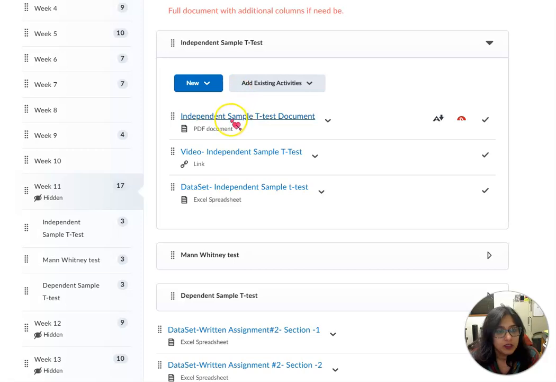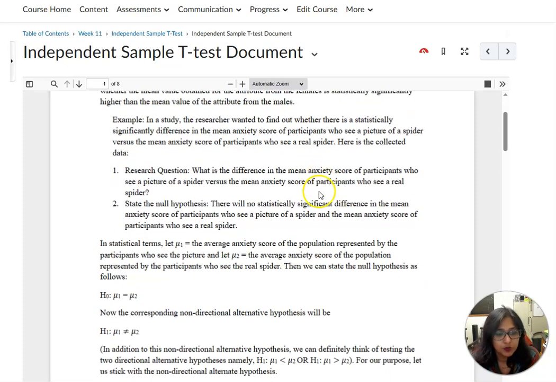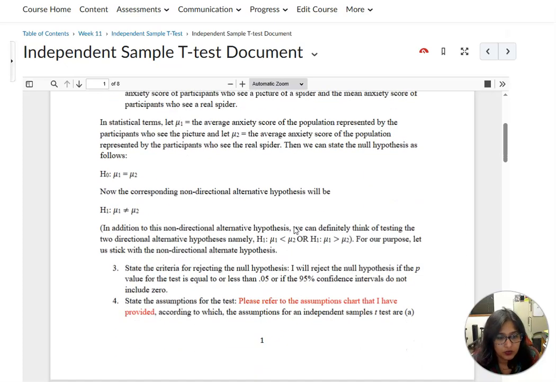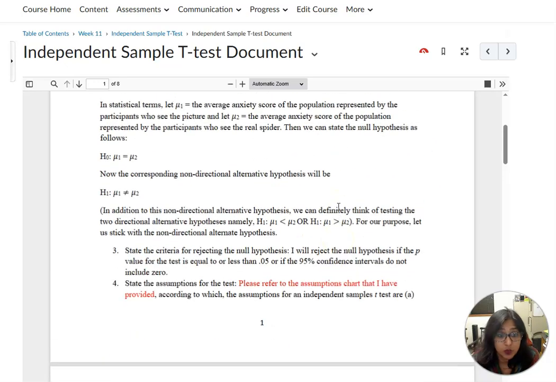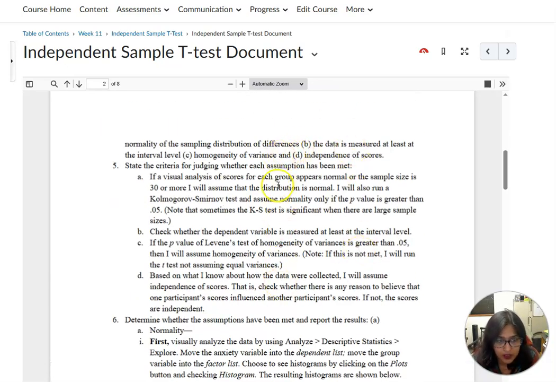When you open up your independent sample t-test, I go through each one of them in detail. You will have your research question, the null hypothesis, all of those things, how to write it, which is what you are going to do for your own also. It talks about all the assumptions.